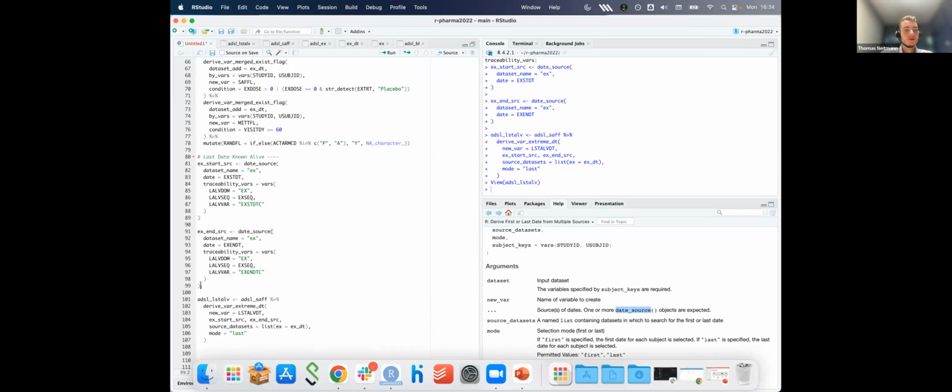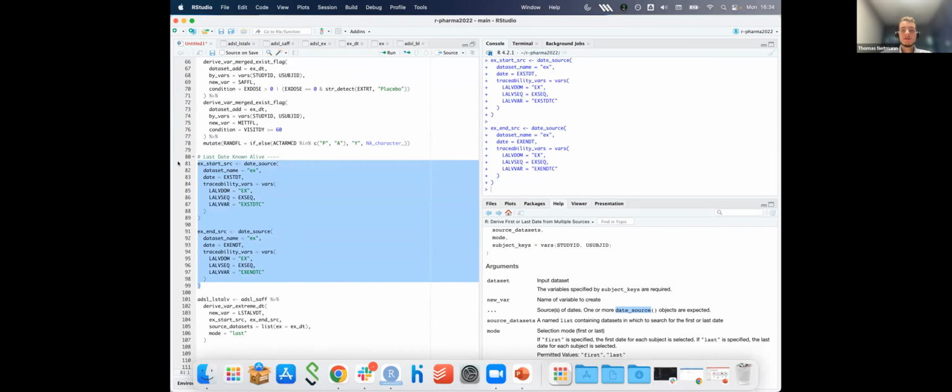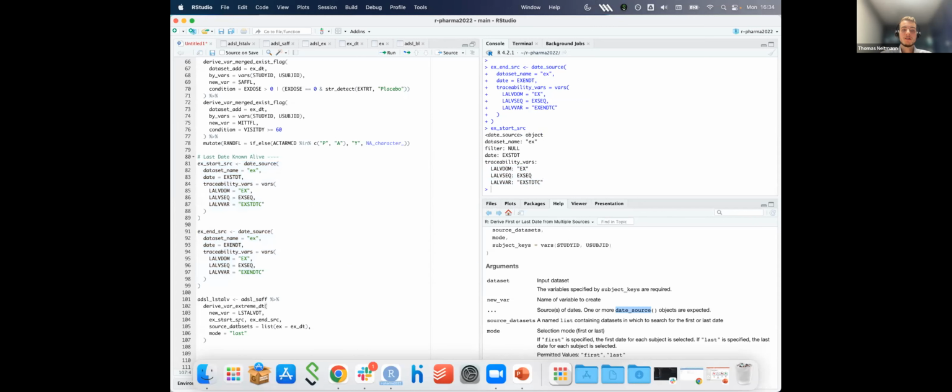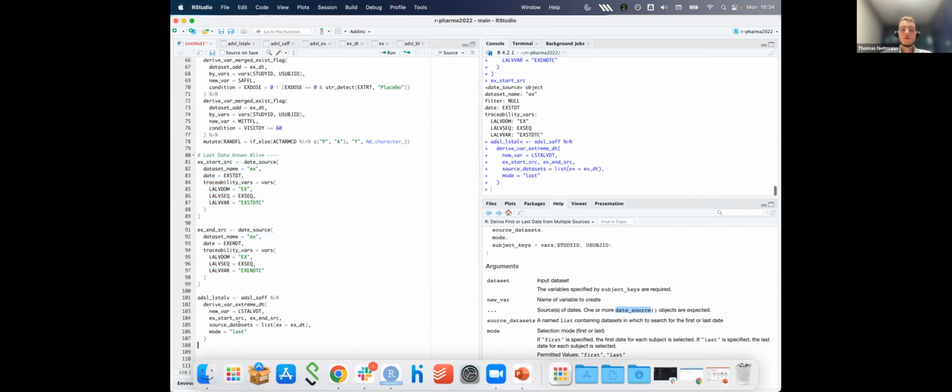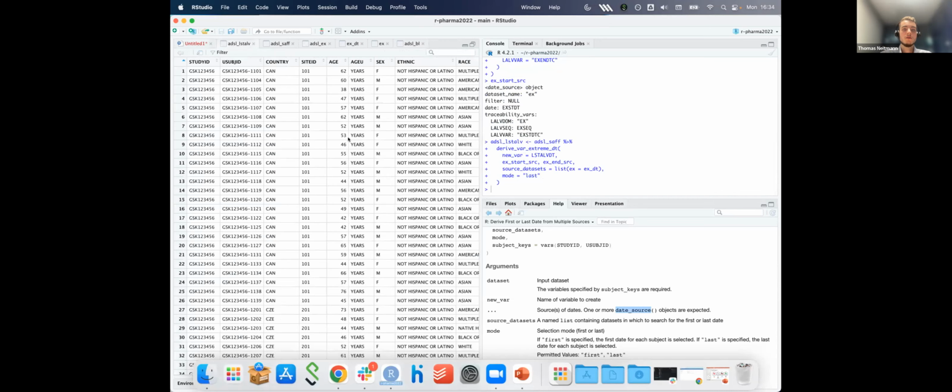Okay, so let's recreate these 2 objects and let's just print them again. So you can see, again, it's not particularly interesting, but we see that we have defined more than previously. And now if we feed this into our actual function, which does the logic, we will see that we get more variables added onto our